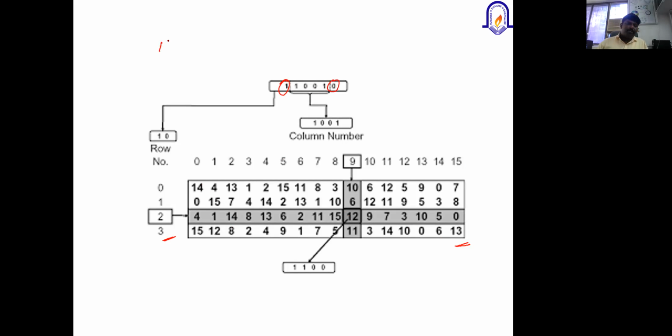So 10 is 2, and the column value 1001 is 9. The intersection of this row and column gives 12. So 12's corresponding binary value is 1100. I hope it is clear how this SBox operation is performed.